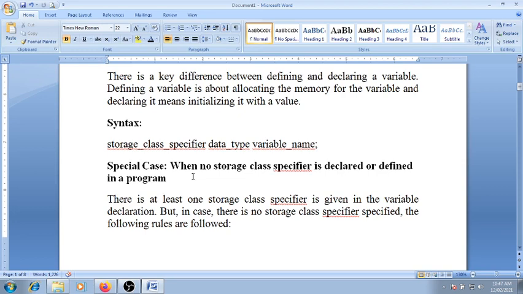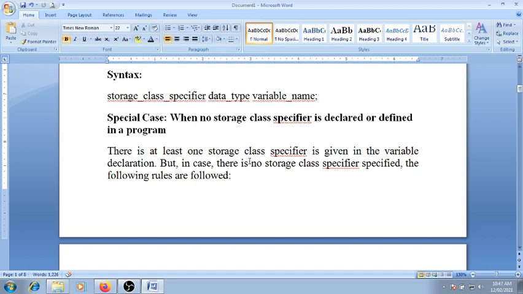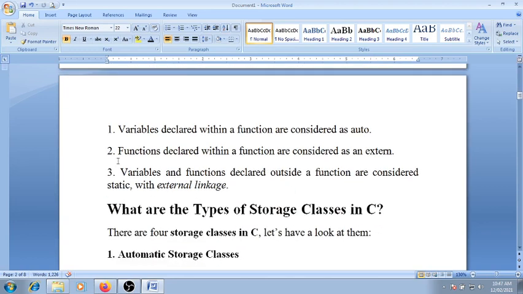In the special case when no storage class specifier is declared or defined in a program, at least one storage class specifier is given in a variable declaration. But in case there is no storage class specifier specified, the following rules are followed. Variables declared within a function are considered auto.